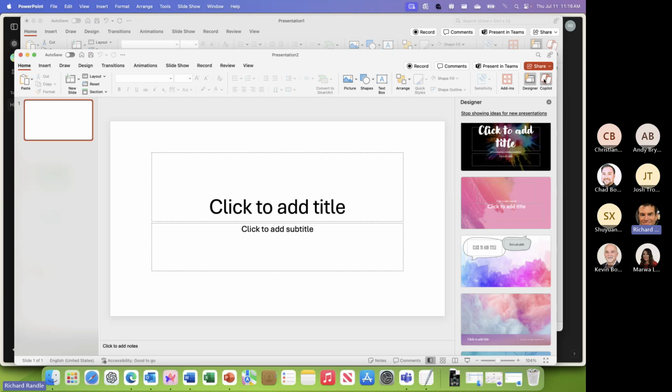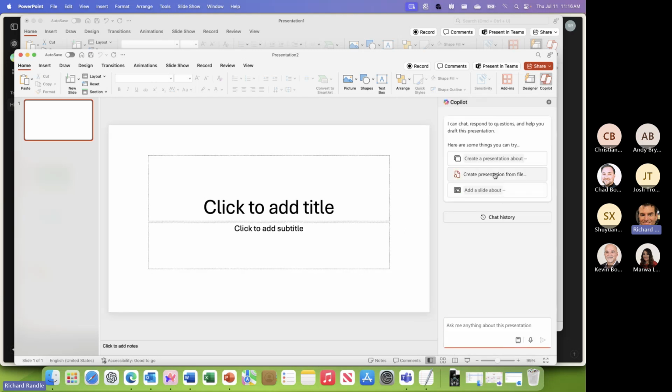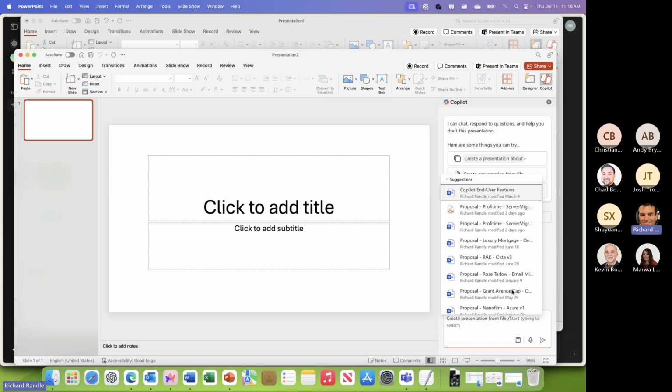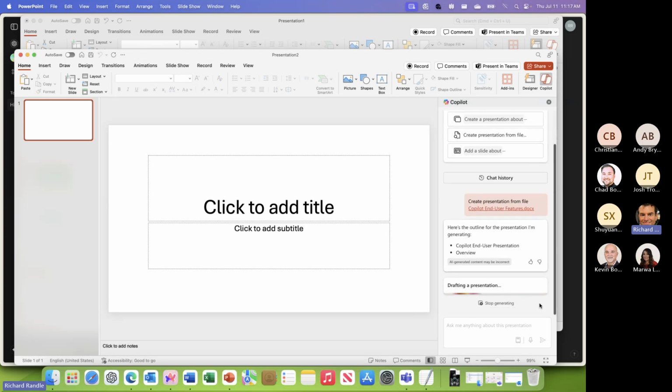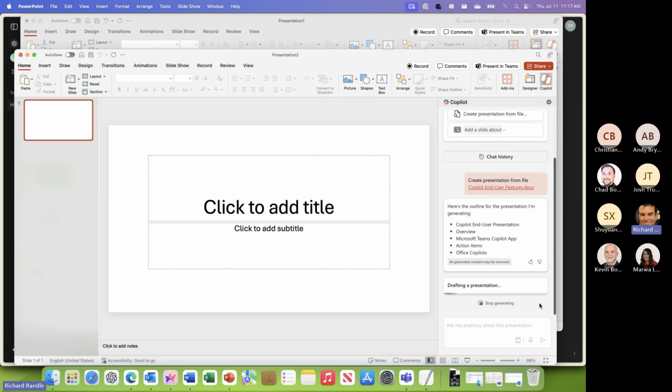We'll go into the Copilot button, and I'm often tasked with going and making a presentation that's training based upon some training document that I put together. So I'm telling it here to make a PowerPoint presentation based upon a Word document that I created in the past. So this Word document was on Copilot, shocker,